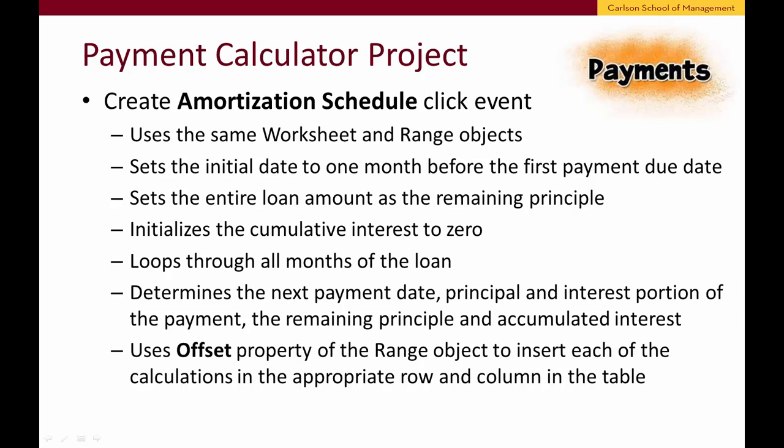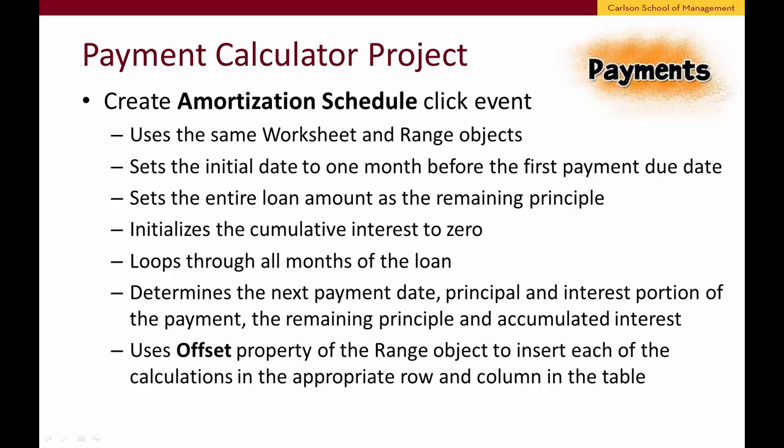The second click event associated with the amortization schedule button uses similar Excel objects, same input variables for amount, years, and rate, as well as a payment date, remaining principal and cumulative interest variables. We will start at the top left corner of the amortization table and then loop through all the rows and columns of the table, inserting the index of each period, 1, 2, 3, and so forth, followed by the payment